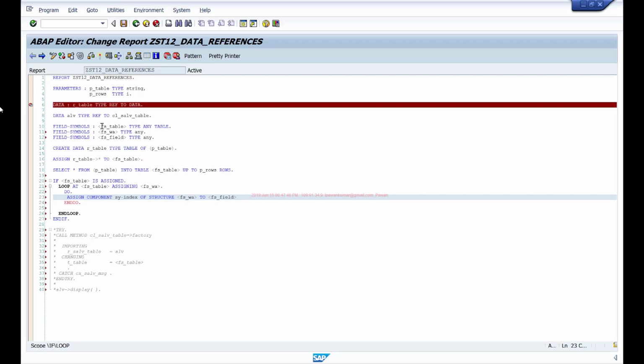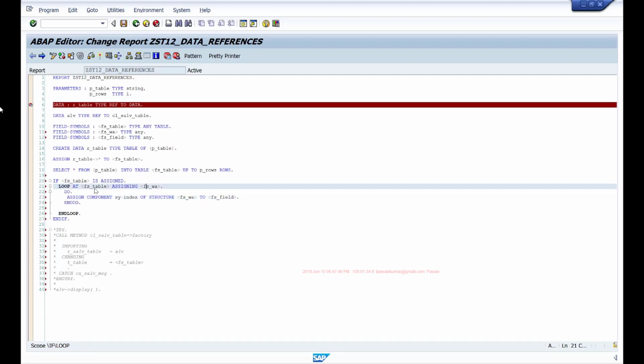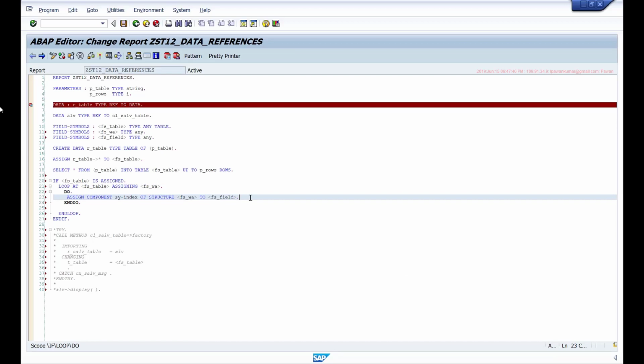So as you can see, using this data reference and field symbols, we are able to make everything dynamic. So the first field of this structure, whatever structure it is, it could be VBRK, VBRP, MARA, any structure, the first field of the structure will be assigned to this field.